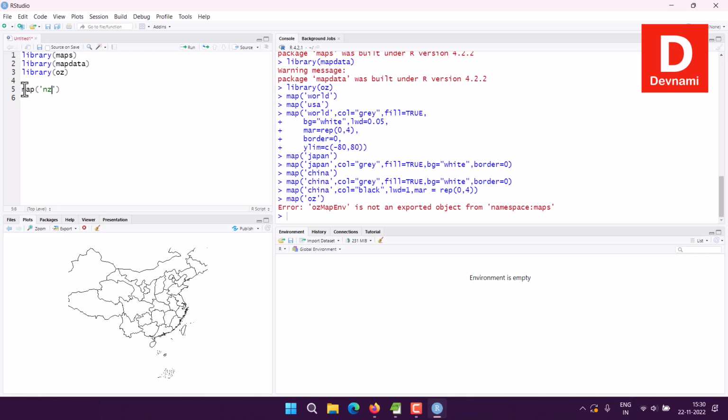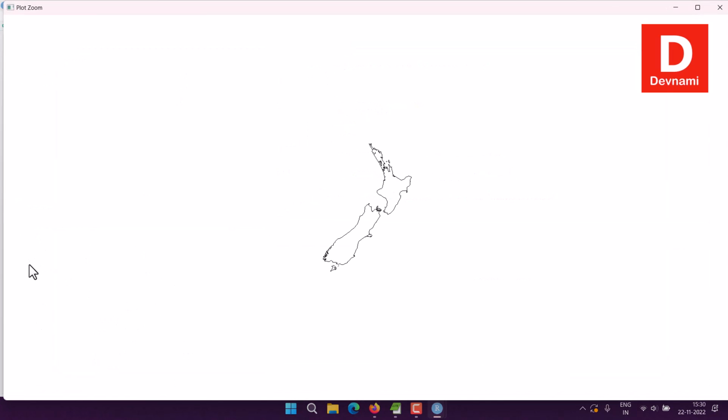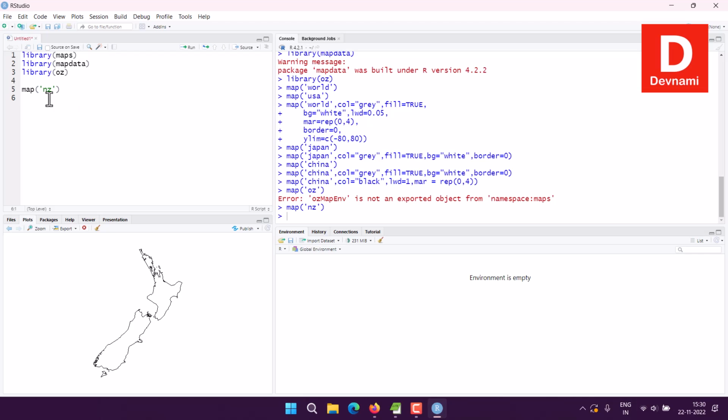If we type in NZ, we will have to check whether it's available. So we have NZ available, so New Zealand is available. I'm not much sure about Australia and its short country codes, so I will have to look that up for now. So in case of Australia, what we have here is basically